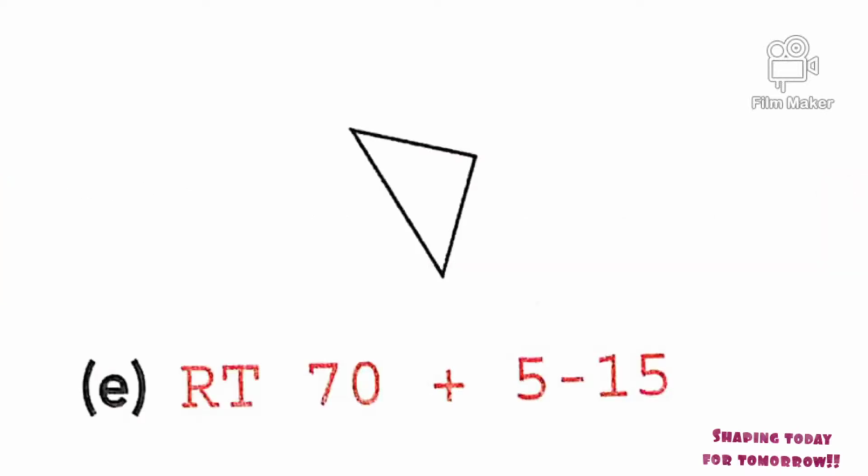So students, as you can see in this figure, RT, that is right, we want to move our total in the rightward direction, okay, and then we have written 70, then the addition symbol is there, and then number 5. So first it will add 5 to 70, so the result will come 75, and then it will subtract 15 from the result that you will get after the addition. So you have to minus 15 from the 75, so you will get the result of 60 units. So after this the total will move in the rightward direction 60 units, okay.